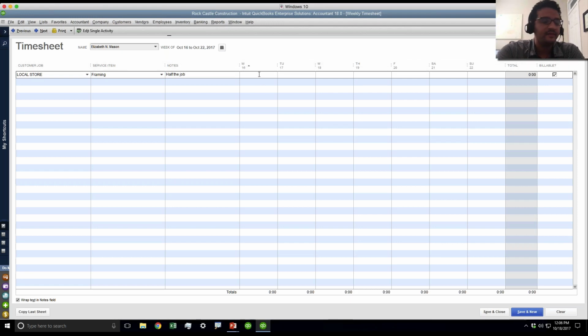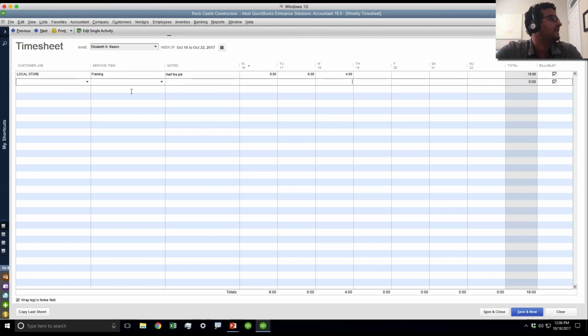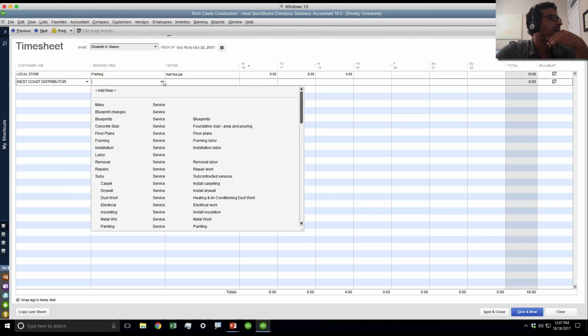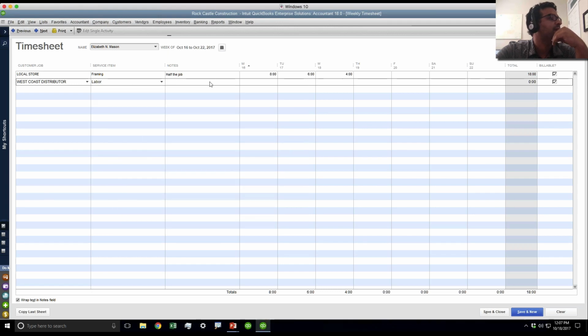So I'm going to put that she worked 8 hours on that job on Monday, 6 hours on Tuesday, and 4 hours on Wednesday. And let's say that the other job Elizabeth worked on that week was for West Coast Distributor, and she was doing, let's say, not framing, but labor. We'll call it standard labor, whatever we want to call it. And then we're going to put in 1 hour on Tuesday, 5 hours on Wednesday, let's say 5